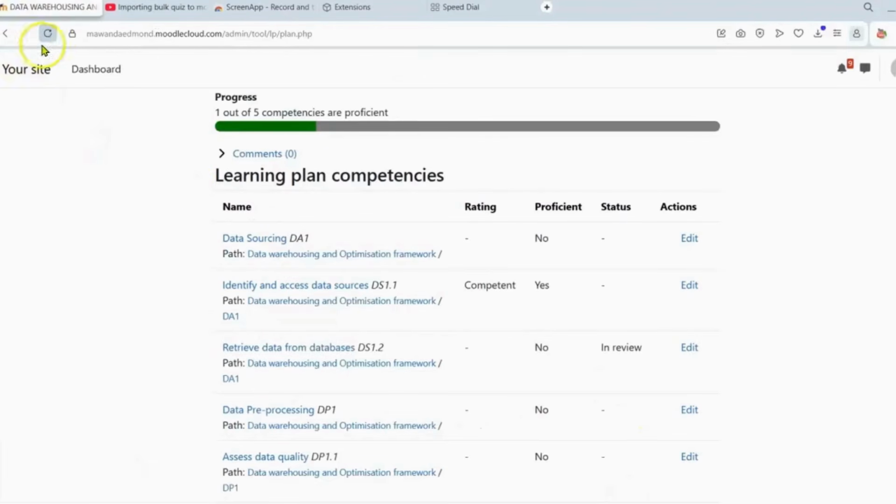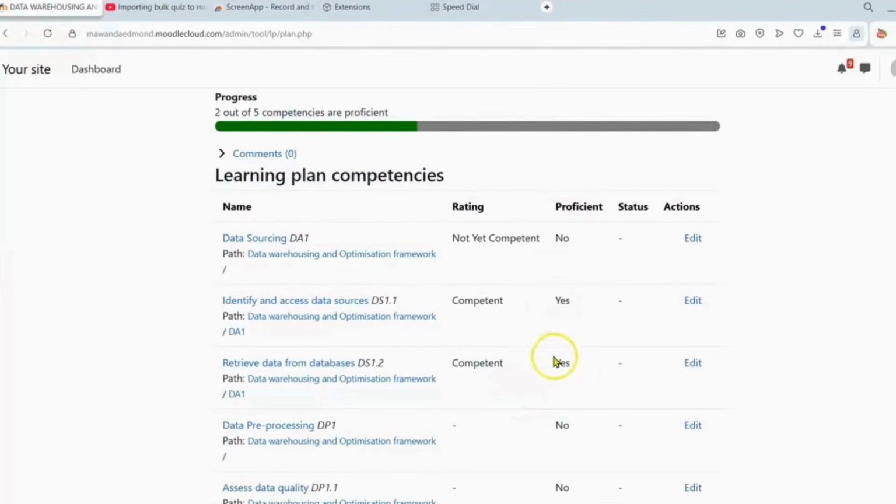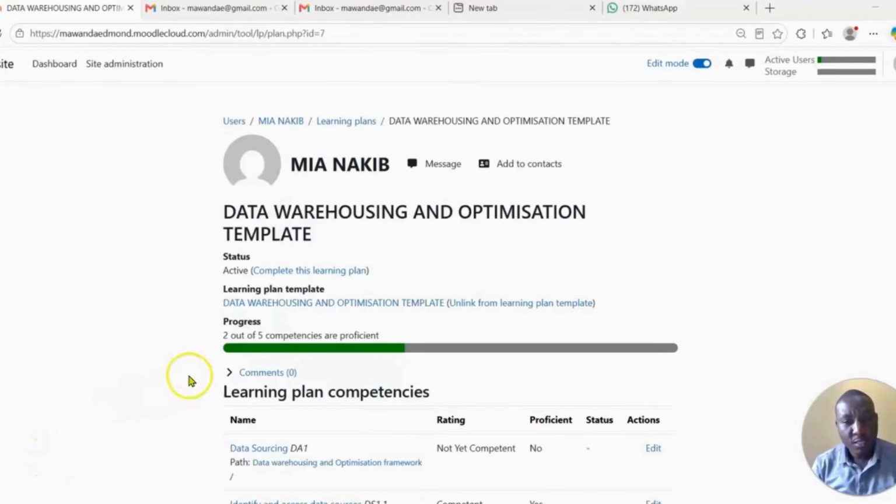So if the learner checks, wow, perfect. He has completed and has been rated as competent. So for now, he's proficient in two competencies. Remember there are 5. So the learner would go on and perform. As a trainer, you're able to track how the learner is progressing. So you would come to the